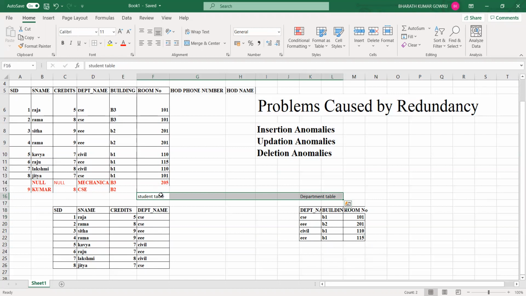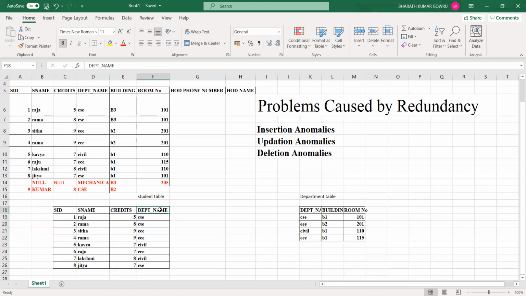So what is the primary key available in the department table? Department name is the primary key, because the building number and room number depend on the department name. Department name maintains the unique field of information. That's why it is the primary key. Here we have a referential integrity constraint. In this type of problem we will face some referential integrity constraints. If you want any information regarding referential integrity constraints, please go through my previous video.